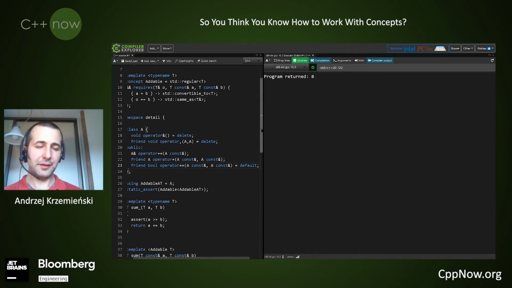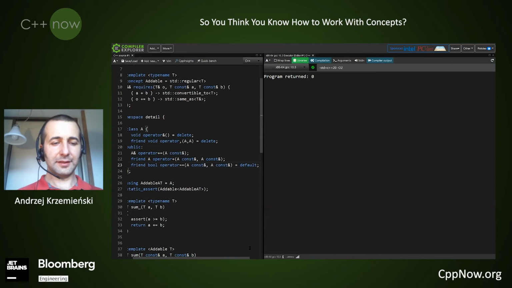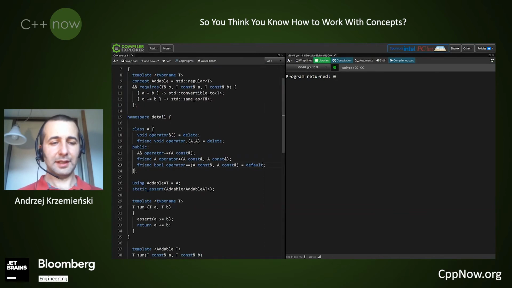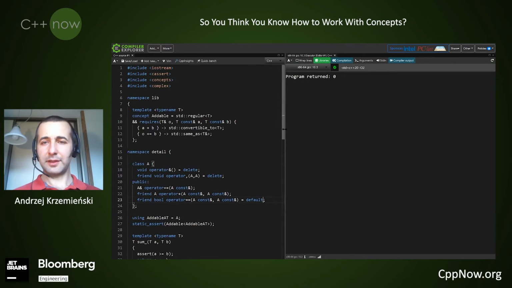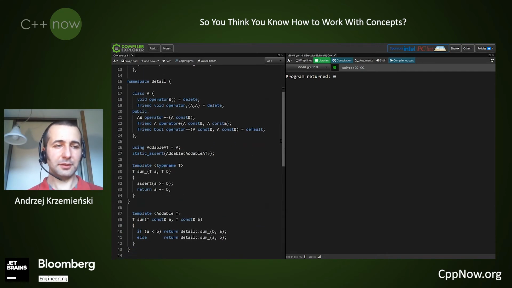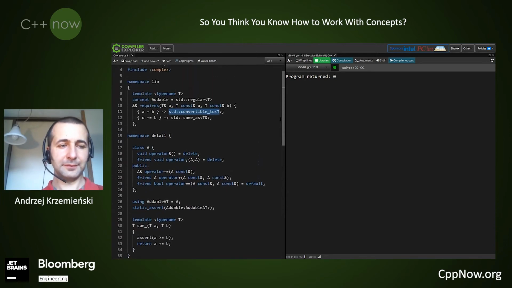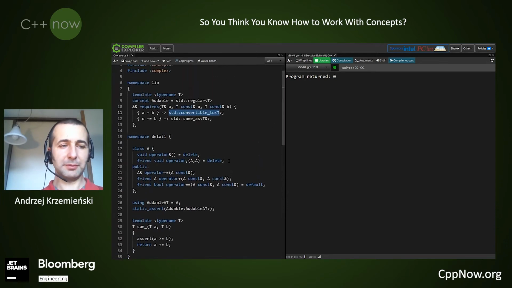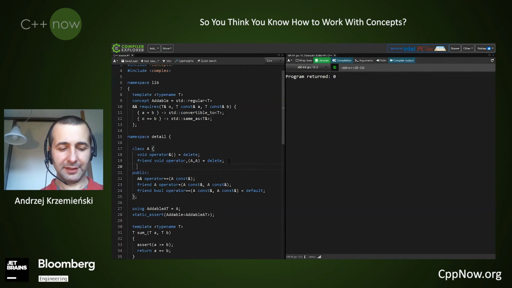So we declared something that satisfies our concept, but we failed to meet the other requirement that it should be minimal, because minimally we require that A plus B returns something that is only convertible to T and is not necessarily T. So we need to do something smaller here in order to be really minimal. We will define a private nested class.